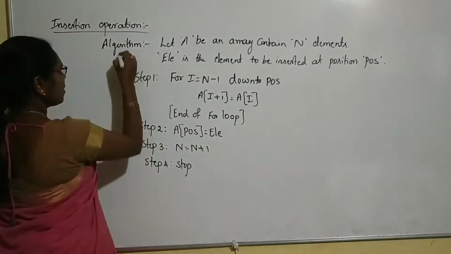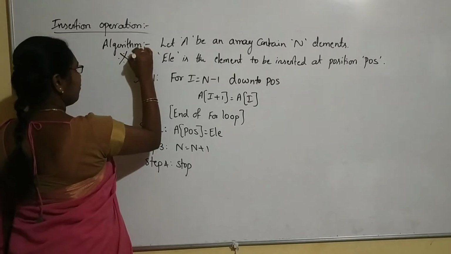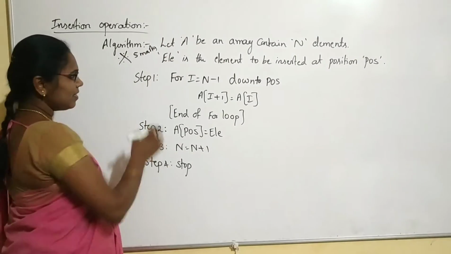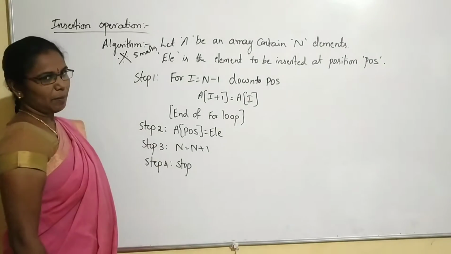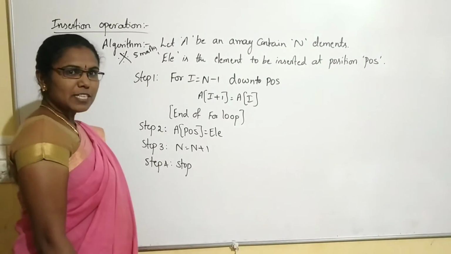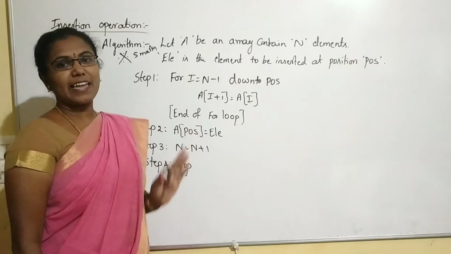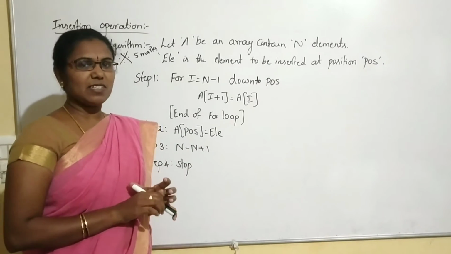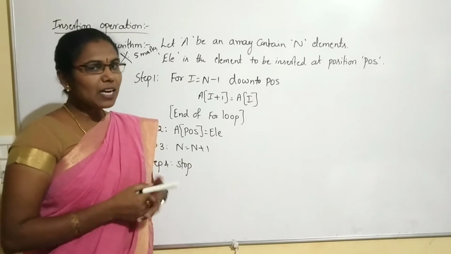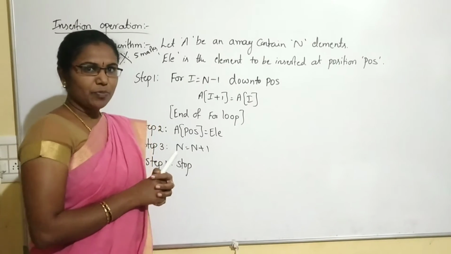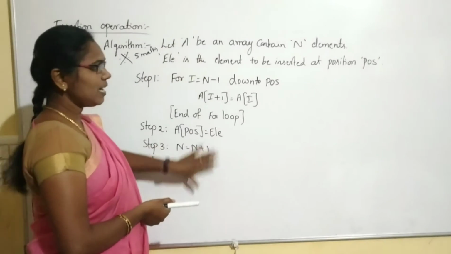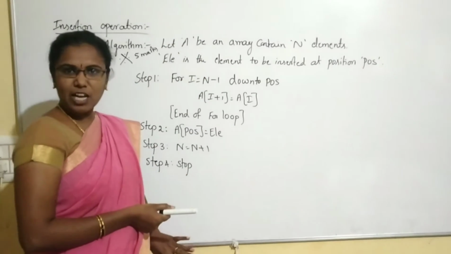So this algorithm is very important for 5 marks. The definition carries 1 mark, and each and every step carries 1 mark, so the 4 steps and the definition carry 5 marks. In the exam, if the question is to write an algorithm to insert an element into the array, or write an algorithm for the insertion operation, for both questions you write this definition and algorithm. Students, are you clear about the algorithm?